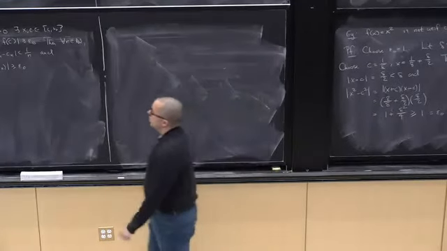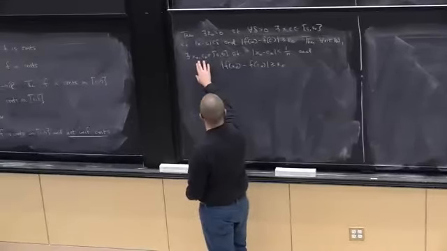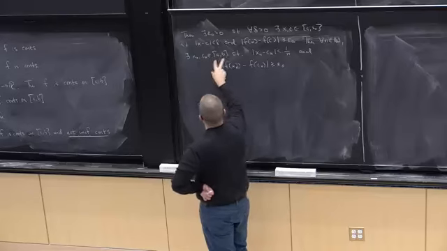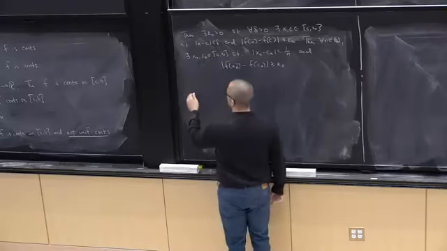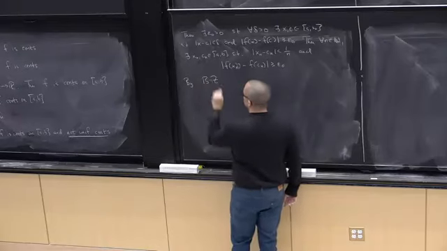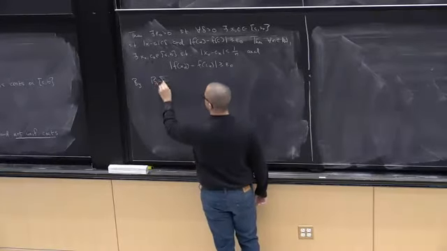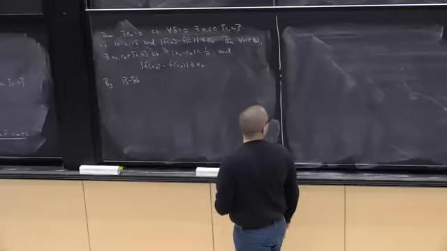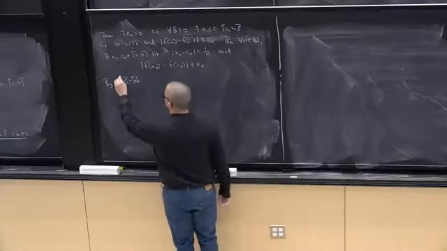Now, I have two sequences here, and they're bounded because they're in this closed and bounded interval. So I can pass to a subsequence of one of them to start by the Bolzano-Weierstrass theorem, not BZ, Bolzano-Weierstrass. I think I wrote BZ somewhere else in the lecture, but I meant BW. By Bolzano-Weierstrass,